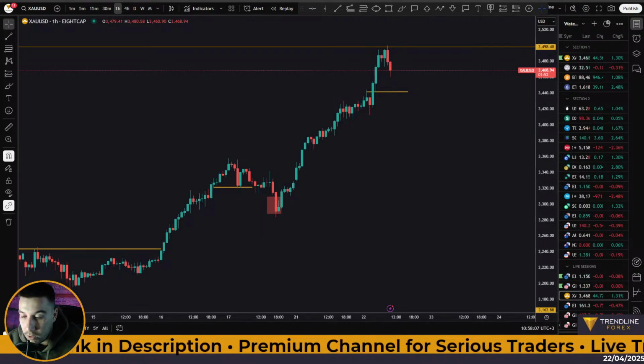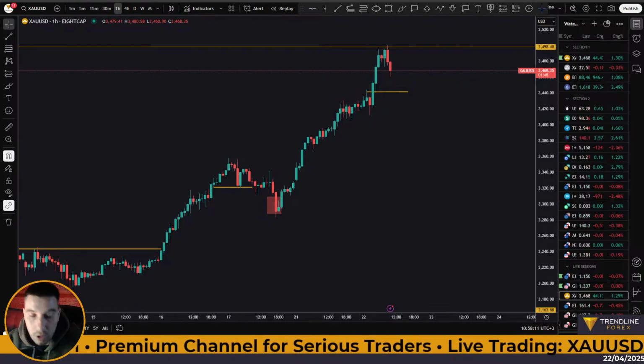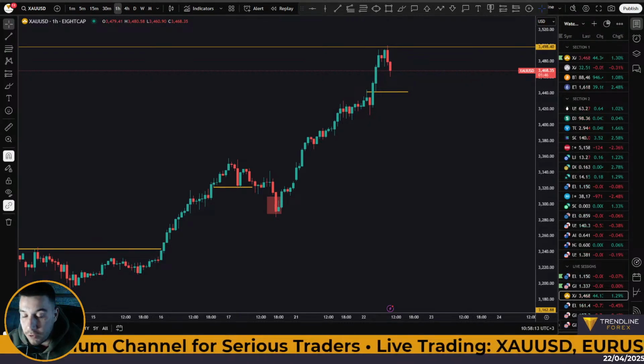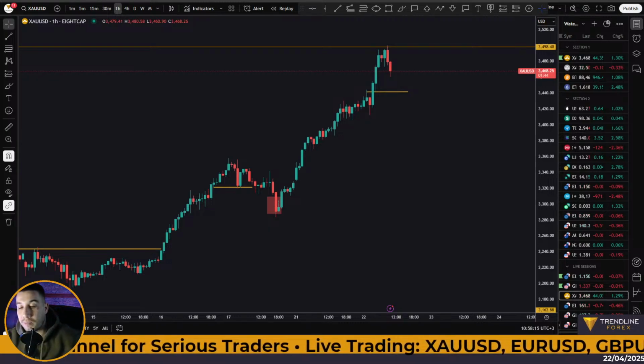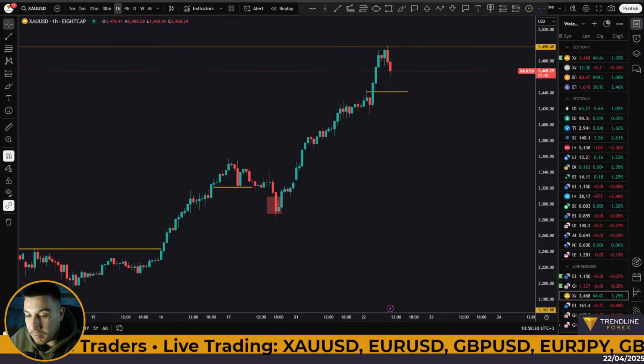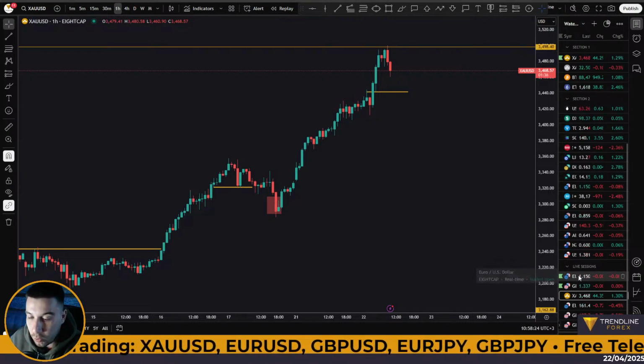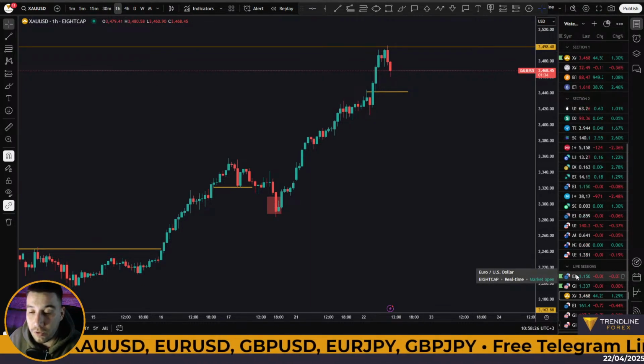Watch out for the 1 hour candles, how they close, and also watch out for those pullbacks. Okay, if you see bearish price action on euro dollar, pound dollar, gold, just consider that this is a pullback. All right, maybe not the best time to look for selling opportunities, but instead of that, just wait for the reversals in the opposite direction.